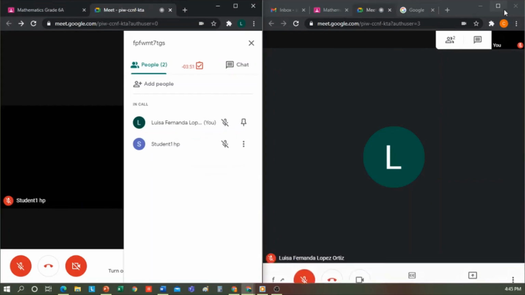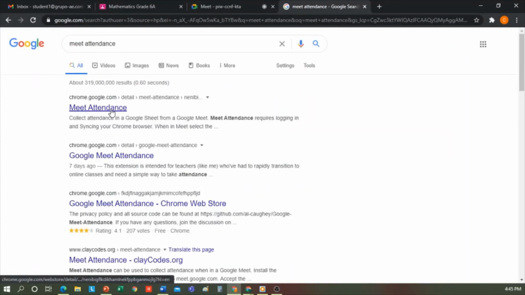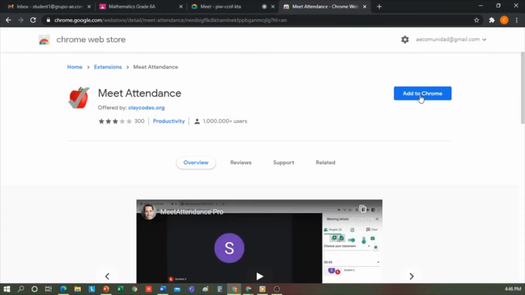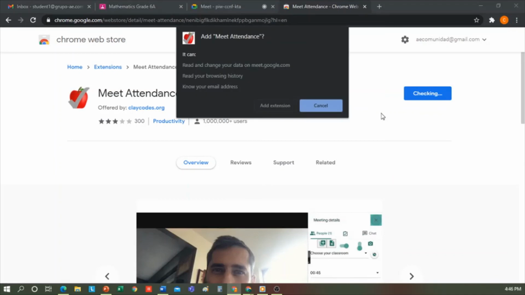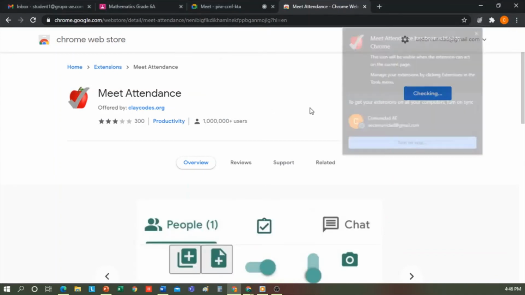Now let's look at the Meet Attendance extension. We type in the Chrome browser, Meet Attendance. We click here, and we see the option Add to Chrome appears. We click, and this message appears. We click Add Extension, then update our meeting window to show the extension,